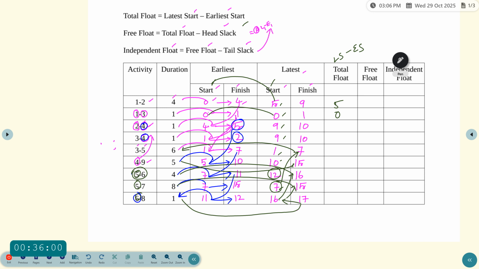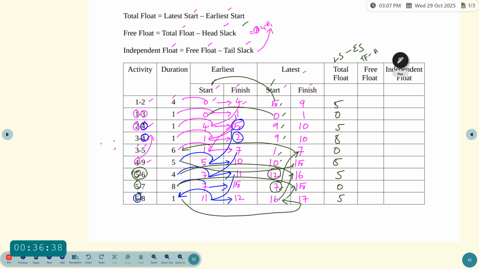Similarly, we have to find 9 minus 4, 5; 9 minus 1, 8; and then 1 minus 1, 0; and then 10 minus 5, 5; and then 12 minus 7, also 5; and then 7 minus 7, 0; and then 12 minus 11, 16 minus 11, 5. So this is the value for total float. And then free float, using the formula: total float minus